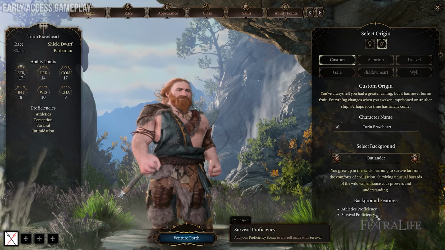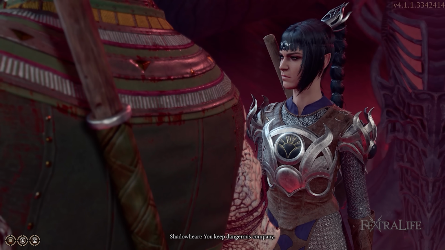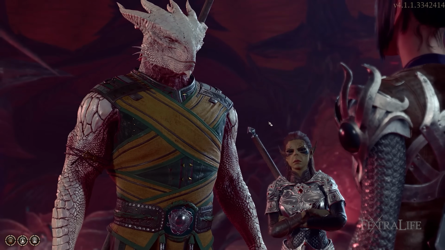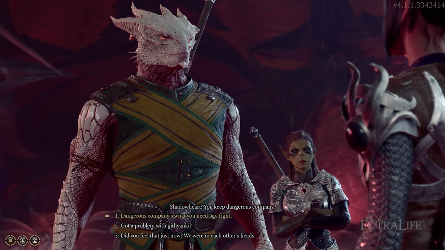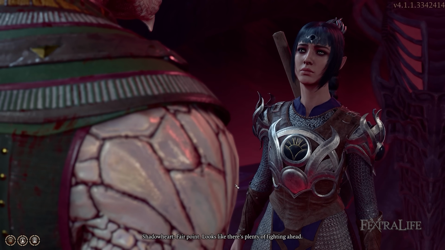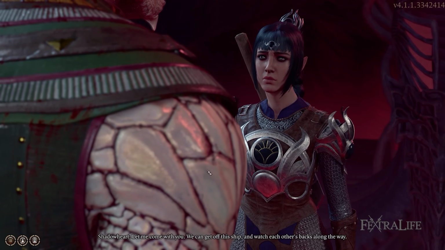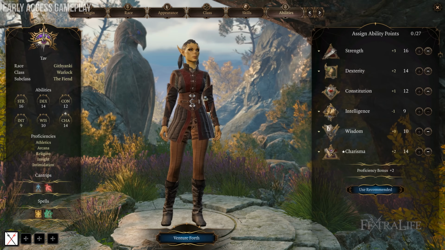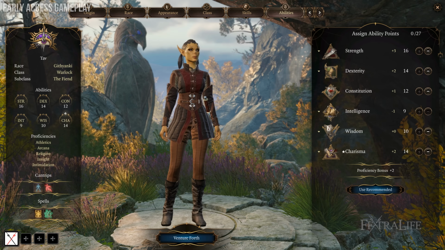For instance, if you're playing a very charismatic character and you plan on doing the schmoozing and dialogue very often, having proficiency in persuasion, intimidation, and deception are all really good for that type of character. So look for those things. Whereas if you want to be a thief, then you might want to look for other proficiencies like sleight of hand. And the last thing that you're going to do is assign your ability score points into Strength, Dexterity, Constitution,